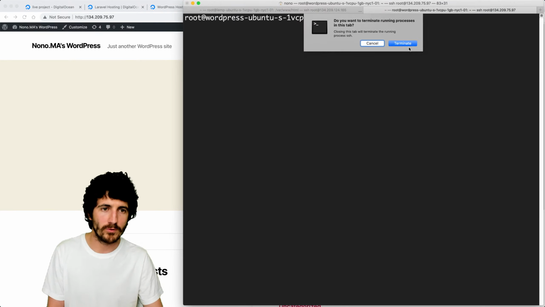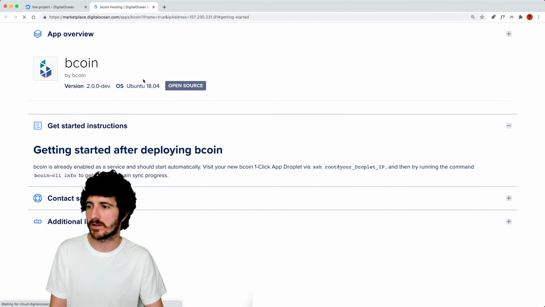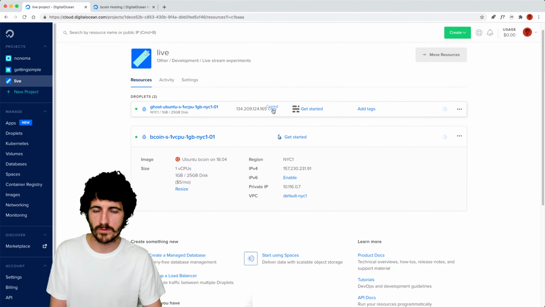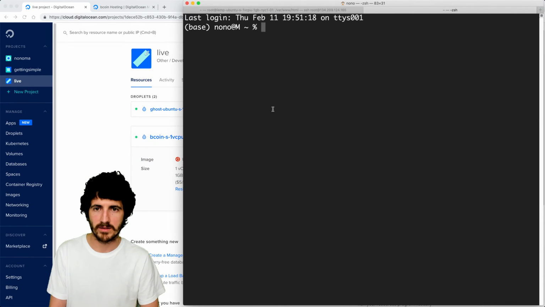And let's see if Ghost finished. Still building fresh packages. So Ghost, and then let's just close everything. What about this one? Get started for deploying Bitcoin. Try running the command info. All right, so we're gonna go to the last one that we haven't tried yet.